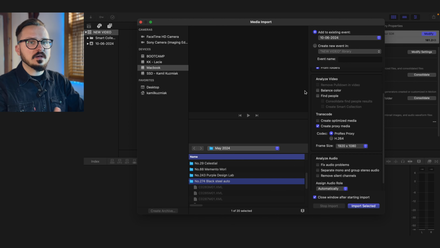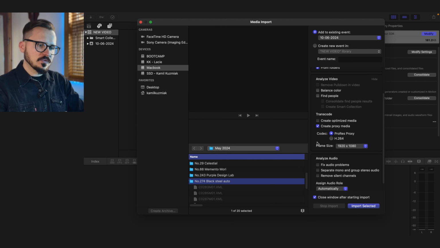You can go out without the external drive with all the files. You can only use the proxy media to edit the entire project somewhere on the go, in the coffee place or somewhere, and then you can go back home. You can switch from the proxy media to the original media and render the final video at the very end. It's useful settings to use, however keep in mind it will